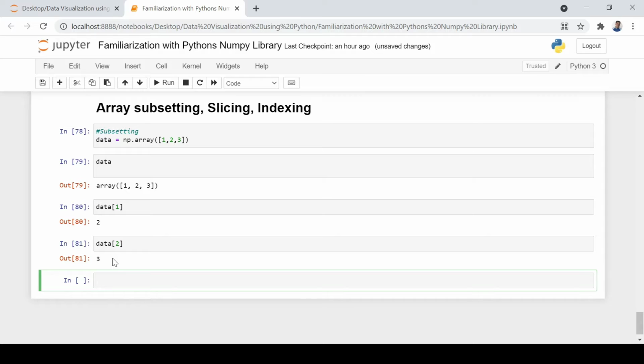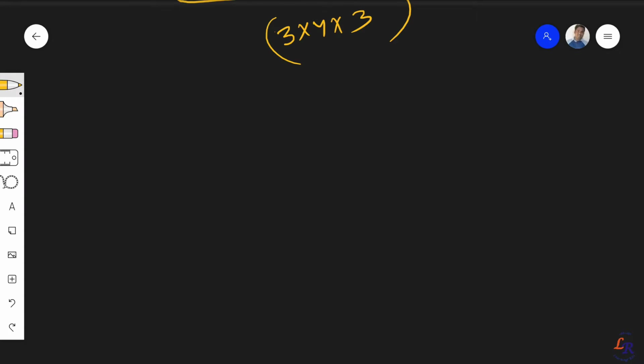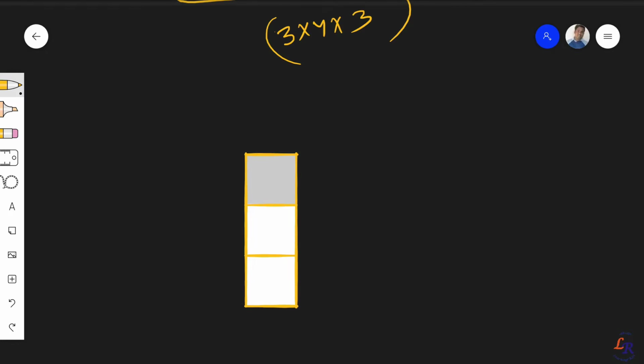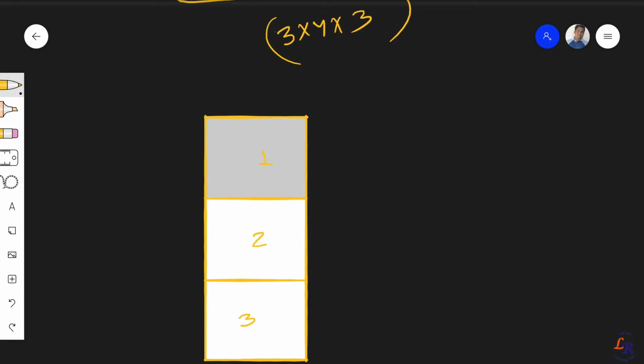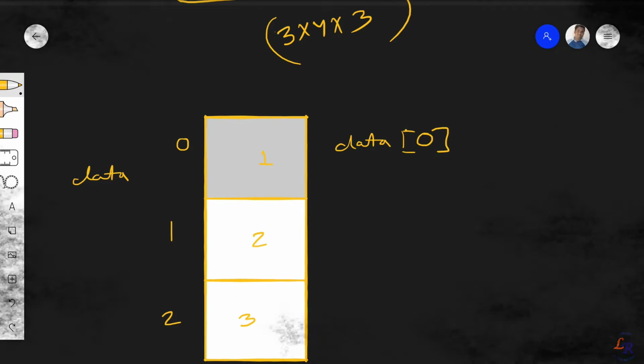So just to give you a flavor of it, just have a look at our whiteboard again. Let's say, for example, you have a vector, we have seen that in this list format, and then you have these 3 elements in there, and this is 1 2 and 3. Okay, now the index you talk about, this is 0, this is 1, this is 2, and this is your data. Now when I am calling data 0, it is just keeping this value, and the rest is gone, so it will return just this value.